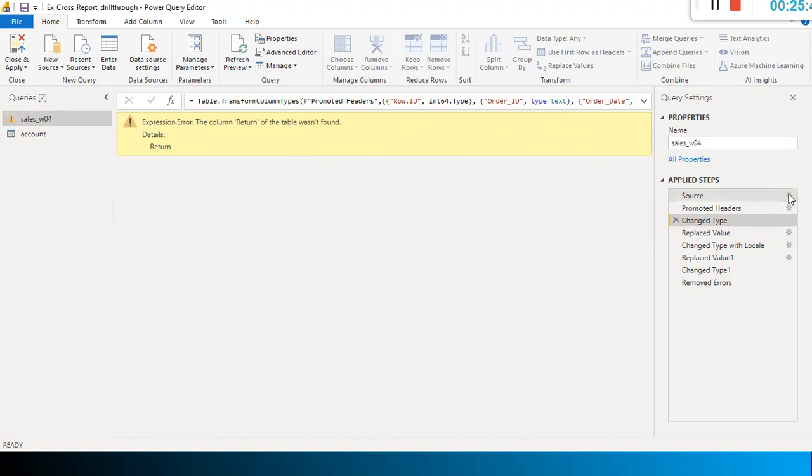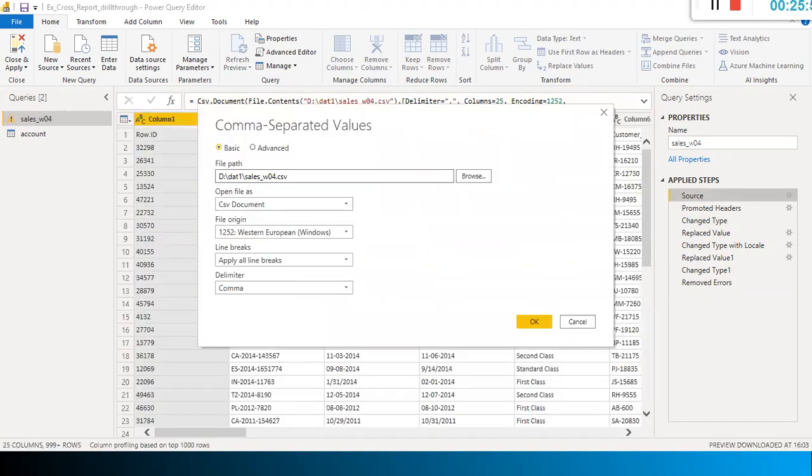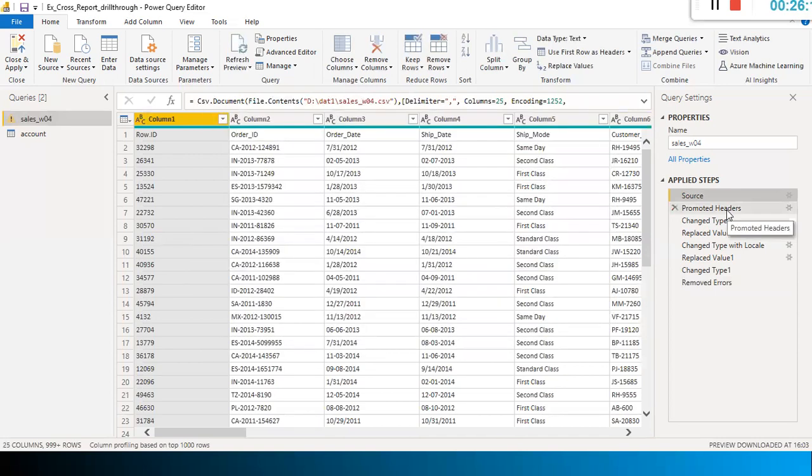I just click Source here, and there is a gear icon against it. When I select this, I can see the dat1 folder says W04. Okay, the path is correct. CSV document, fine. File origin, line breaks, apply all line breaks, delimiter comma, everything is okay. Fine. I just click OK.